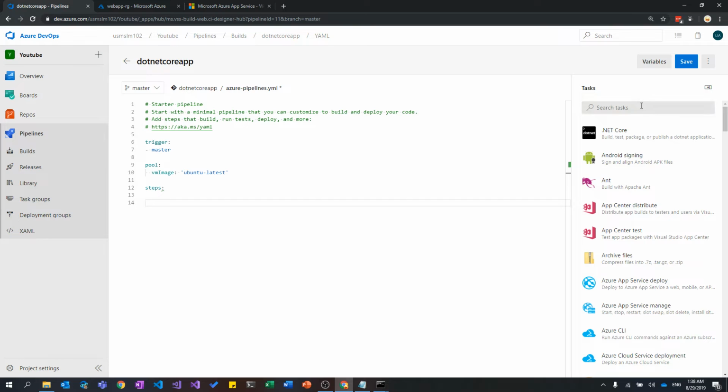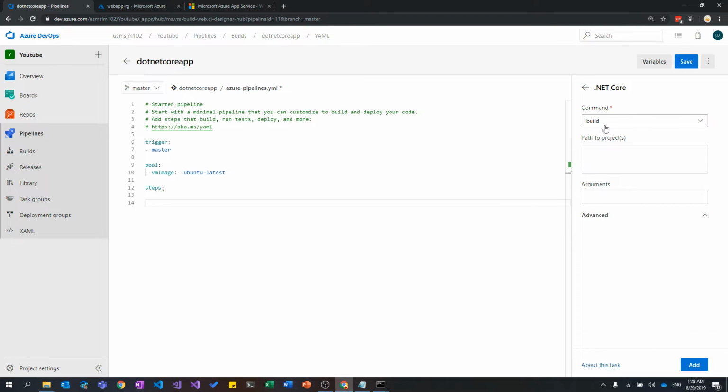Let's add a couple of tasks. As our application is .NET Core, we have to select the .NET Core task, and we have to say we want to build this particular .NET project. And the second thing is, we have to give the path to the project. We'll give the generic path. We'll say find any CS proj in our